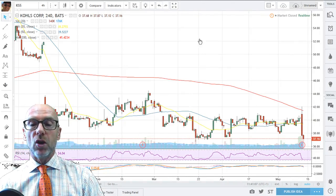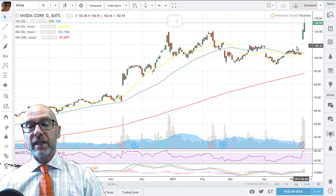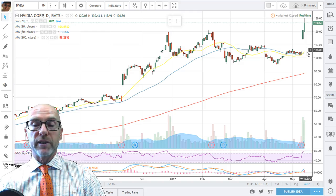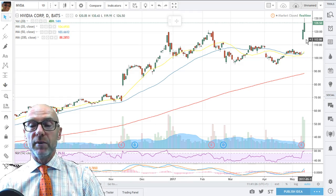Finally, moving on to NVDA, came out with figures. It's left a gap, it's bounced to the upside. All the moving averages are now tracking upwards. It's very positive when you see a company that's created gaps like it has. It's created another gap. Now that confirms the consolidation as a flag, and yes, there may be consolidation because we